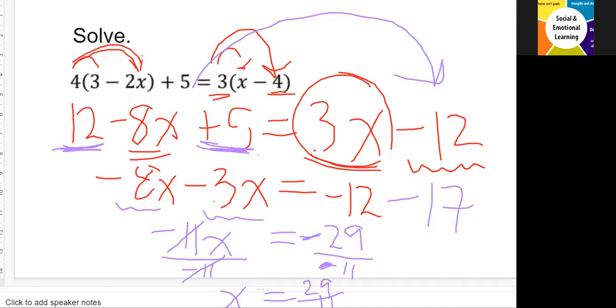So that's our answer, everyone. We solved this equation. Okay, thanks for that. Are you guys ready for a word problem? Yes, and just to tell you, for these types of equations, usually